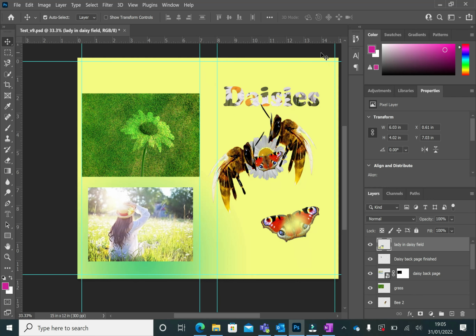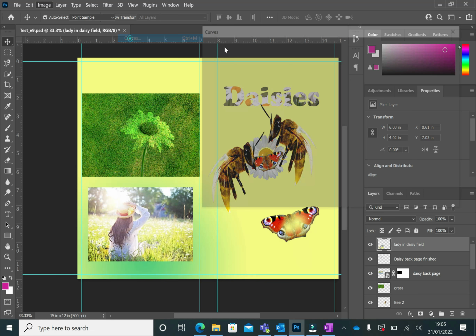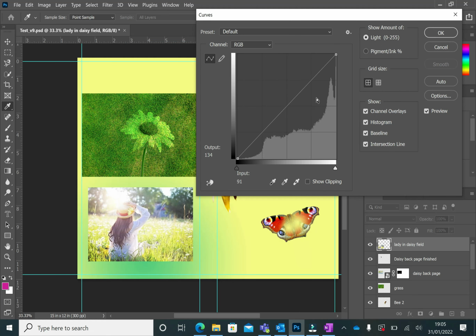Now we're going to look at curves, which is basically very similar to levels. I'm going to keep on that same layer for the lady in the daisy field, and I'm going to go Image, Adjustments, and choose Curves. So it's a very similar setup to the levels and does very similar things, but it uses one chart, one histogram, for everything. So if I take this point here,